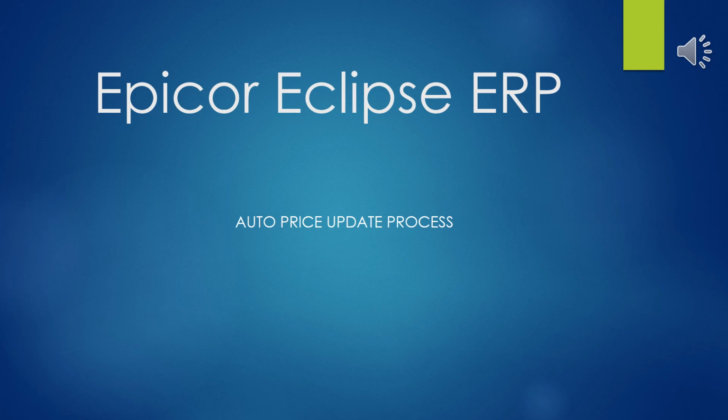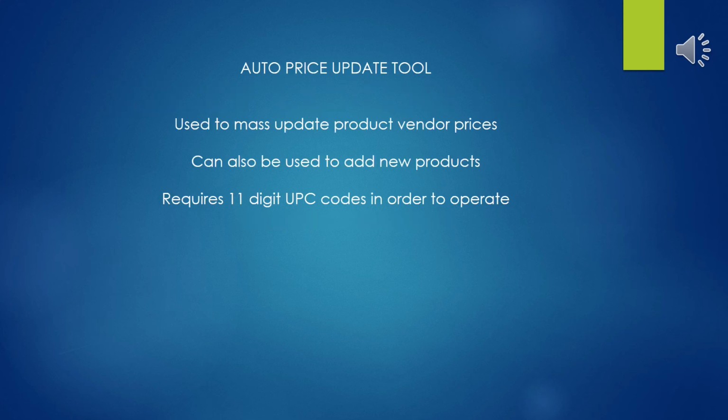Greetings. Welcome to Epicor Eclipse ERP, somewhat laughably named Auto Price Update Process. Eclipse provides several tools to allow you to update the distributor net price or your costs for your individual product